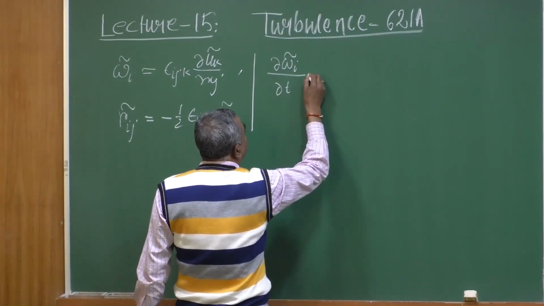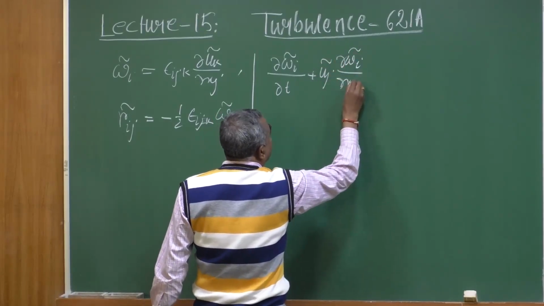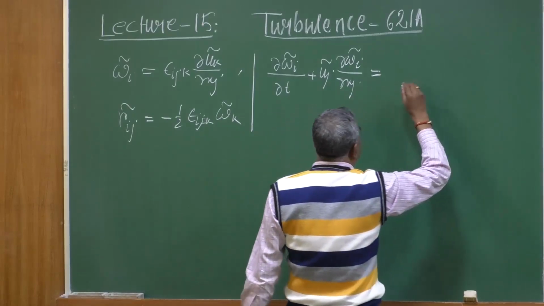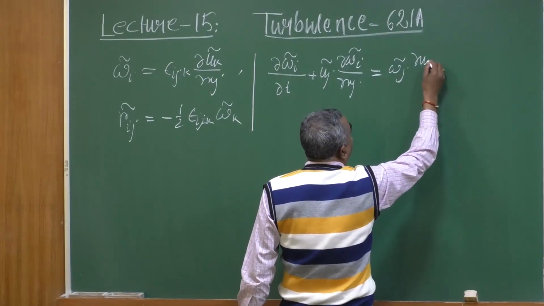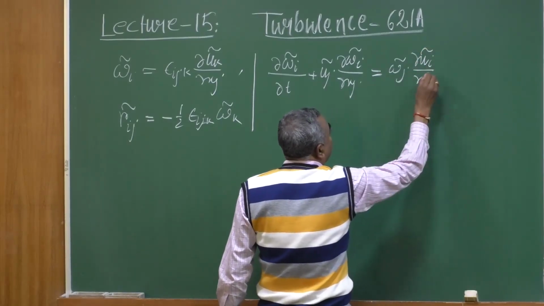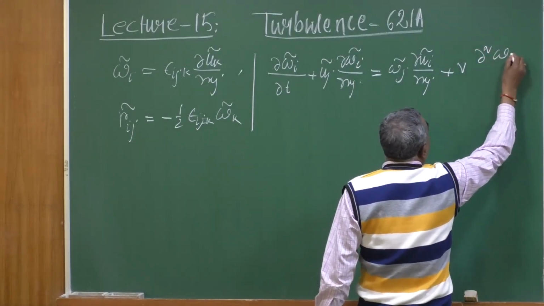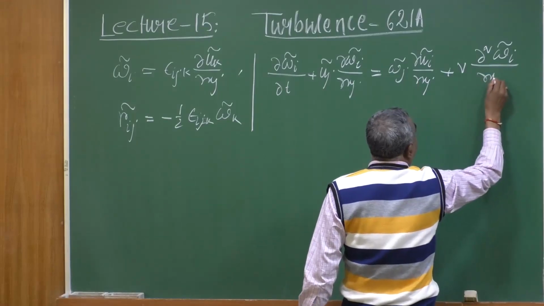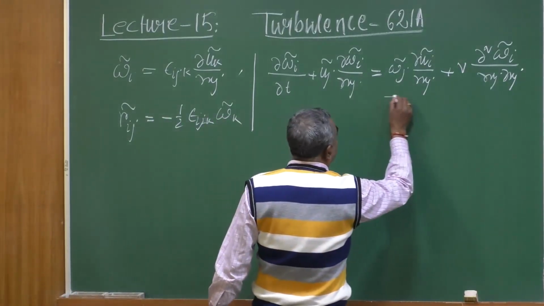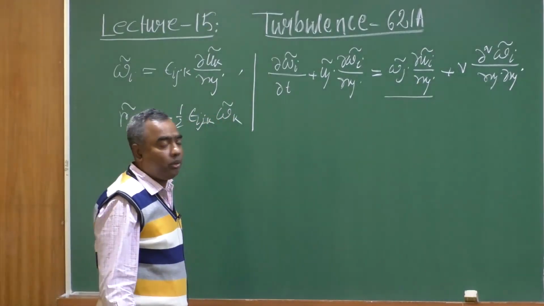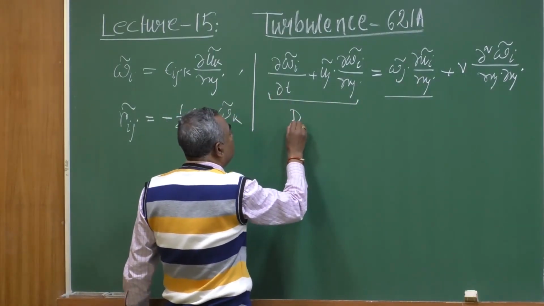So, plus u j del omega i tilde del x j equals the stretching or tilting term, that is omega j del u i tilde del x j, plus the viscous term, nu del 2 omega i tilde del x j del x j. Okay. So, the last term is the viscous term, and this term is the vortex stretching and tilting term, as we have discussed, and this is the total change of vorticity,